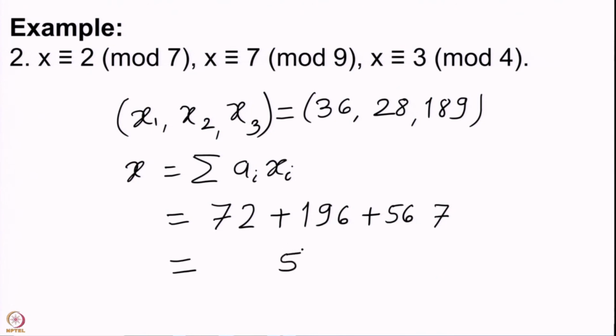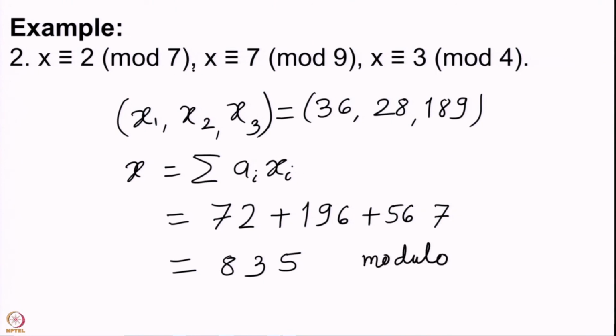So, the final answer here is 7 plus 6 is 13 plus 2 is 15. So, we write 5 and 1 is left. 6 plus 1 is 7 plus 9 is 16 plus 7 is 23. So, we have 3 and then there are 2. So, 5 plus 2 is 7 and 1 is 8. 835, this is the answer, but we have to go modulo